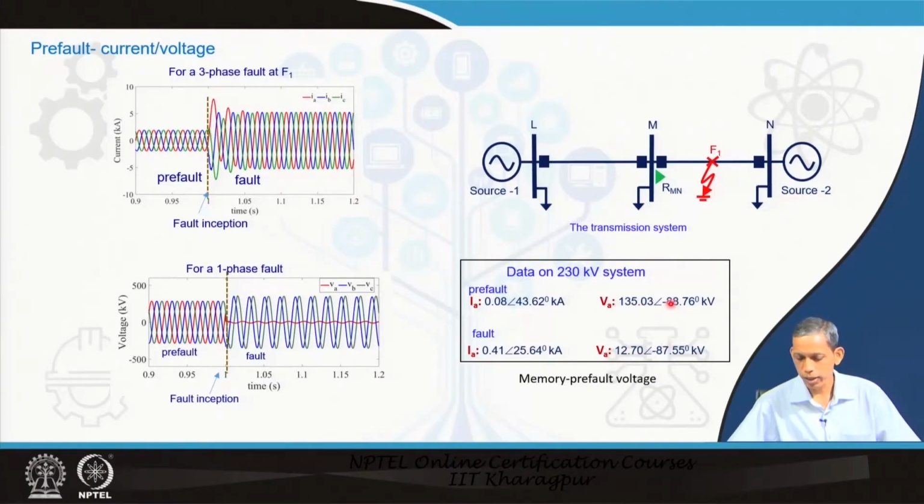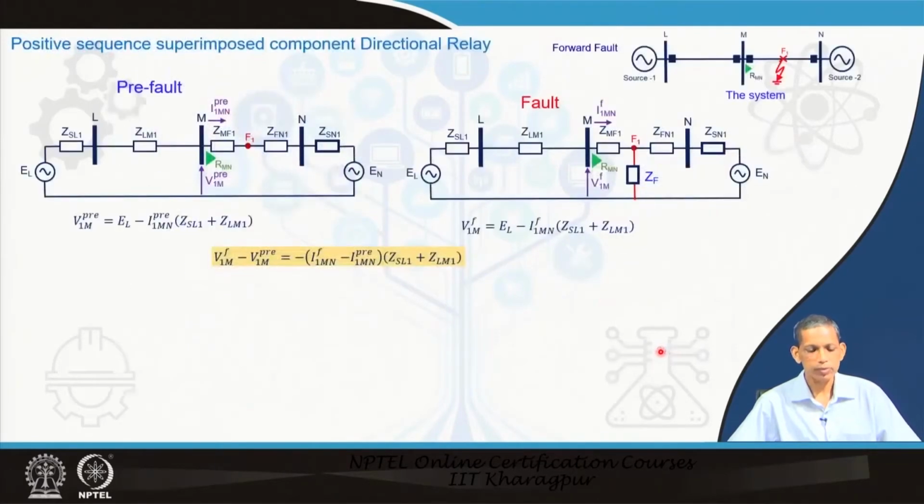You see here the angle deviation between pre-fault voltage and fault voltage is pretty low, and that is what we are mentioning: if you substitute with this in case of requirement, then the decisions on the directional line can still be good. Now, we will go to how the superimposed component can be advantageous for the directional principle.